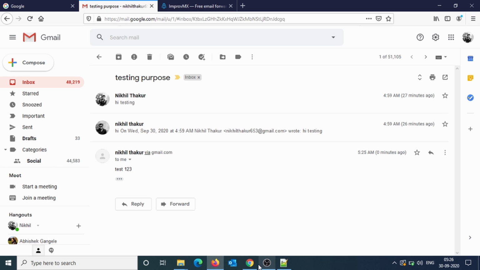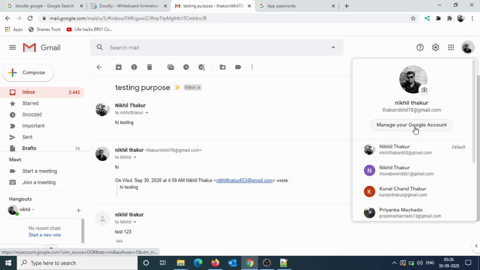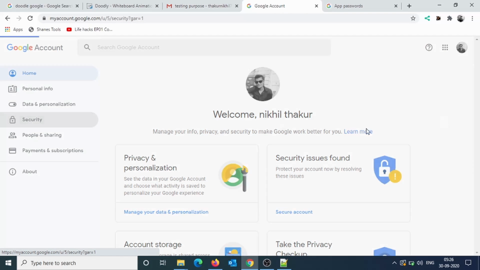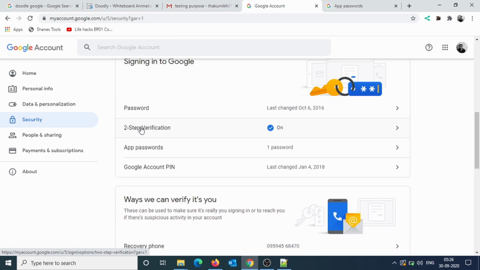Another important thing over here is you can go to manage your Google account, go to your security. So you see here the two-step verification is turned on and the app password is turned on.